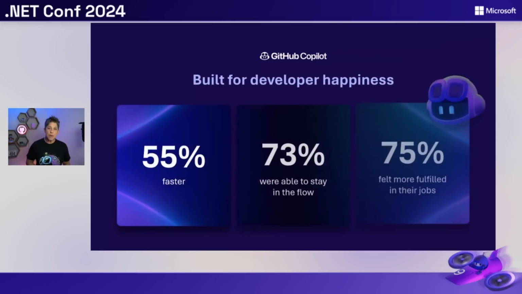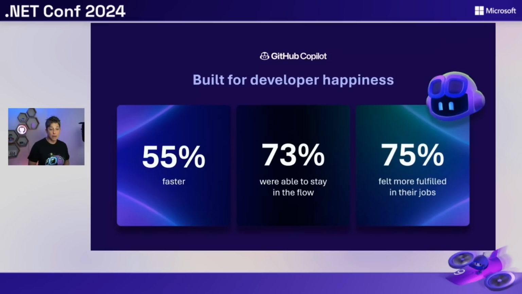We've also taken some metrics to show this effectiveness with GitHub Copilot. These metrics have changed a little bit over time, but when we launched GitHub Copilot, we found that developers were delivering code over 55% faster with GitHub Copilot. They were able to stay in the flow. And this is my favorite number, the 73% staying in the flow. As I've been in the industry for a long time,